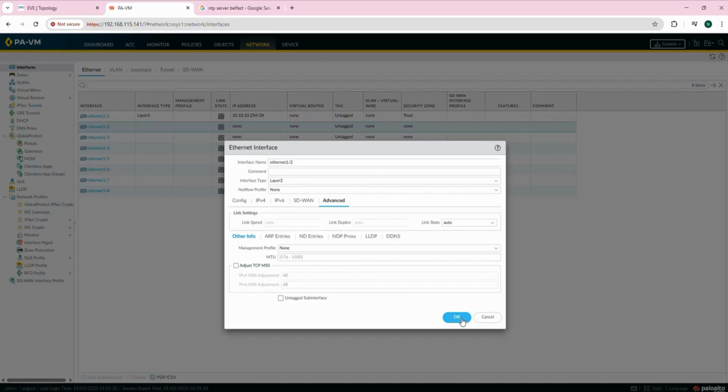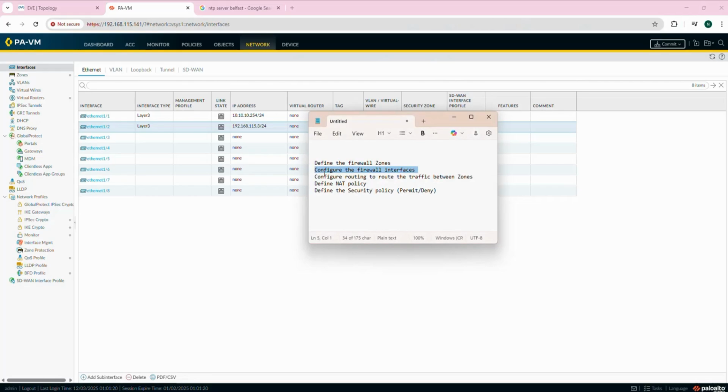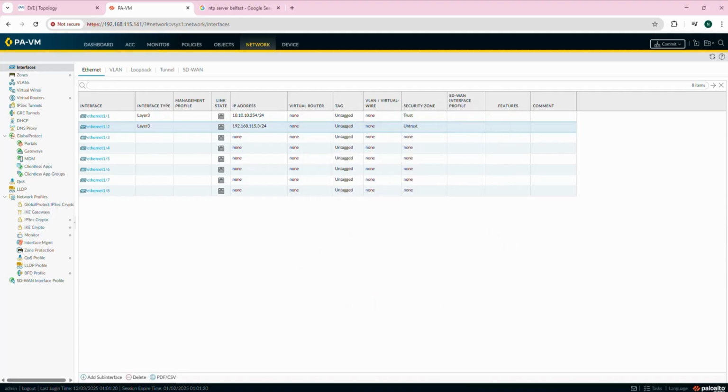That's it for now, and press OK. So we completed the second step, which is configuring the firewall interfaces. The third step is to configure routing to route the traffic between zones. So to do that,